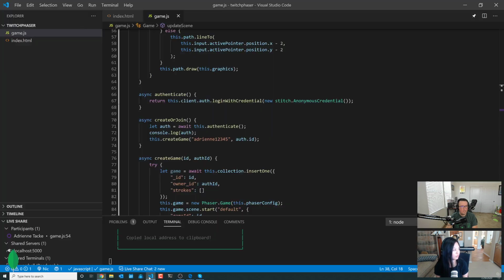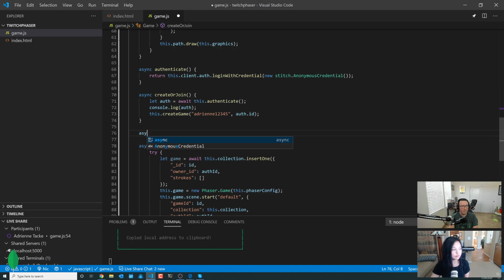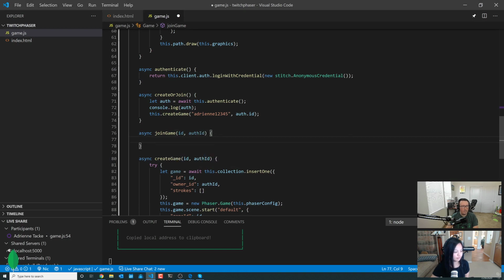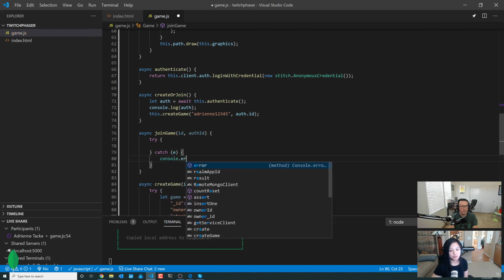All right, so let's get that join out of the way, right? Yeah. So let's create another one. Do ID, auth ID again. And it should actually be pretty similar, right, Adrienne? Yes. So in this particular case, let's see, what are we doing? Let me scroll to it. Let's do a try because we're doing async and we do want to try to catch everything that we can. Mm-hmm. So, yep.